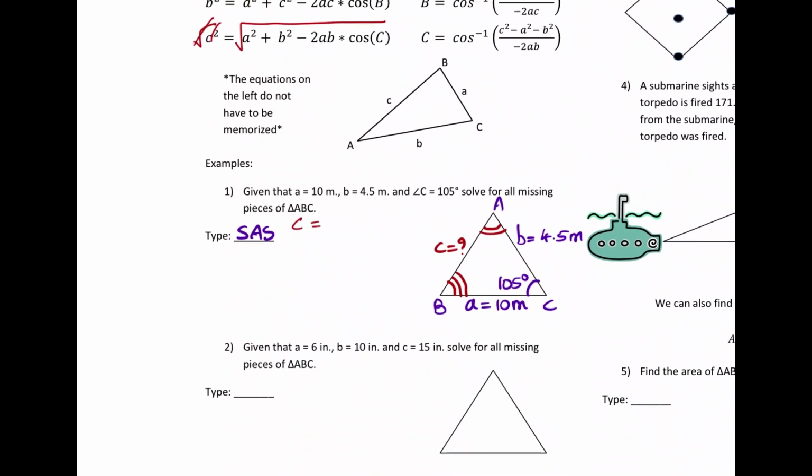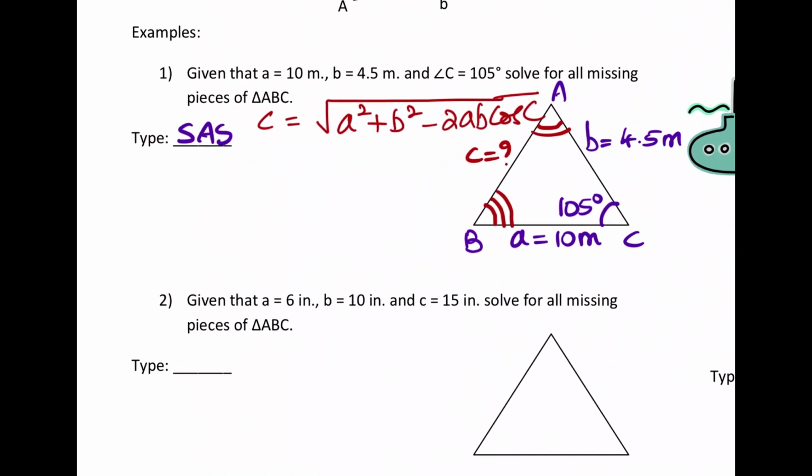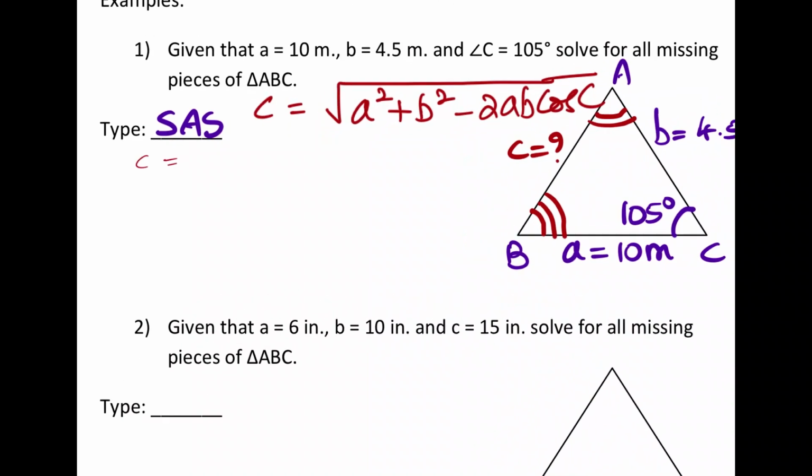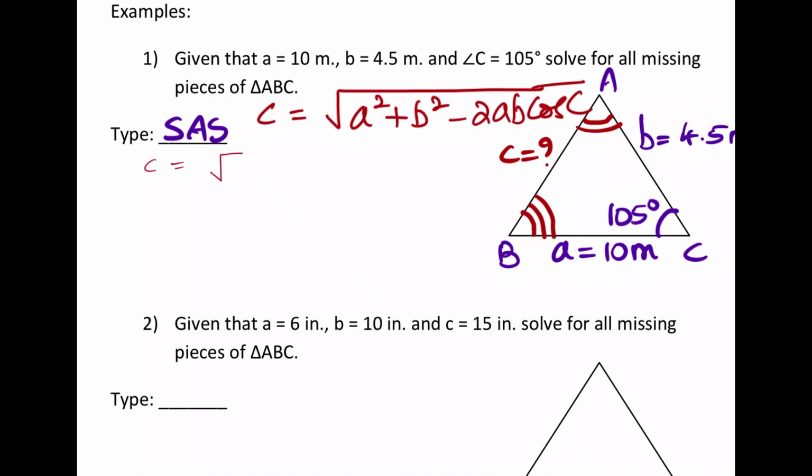So side length C equals the square root of a squared plus b squared minus 2ab cosine of angle C. Now I'm going to plug everything into that formula. So square root, first I need a squared, a is 10, so I need 10 squared,